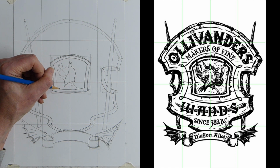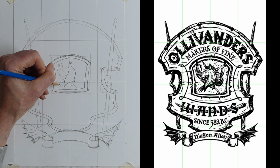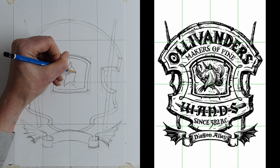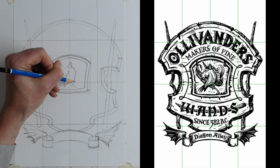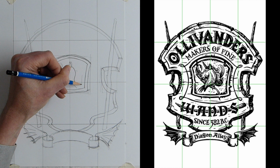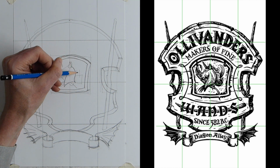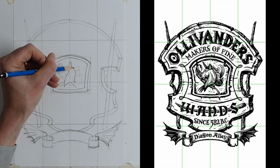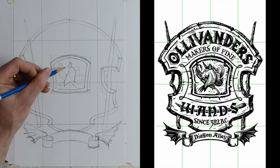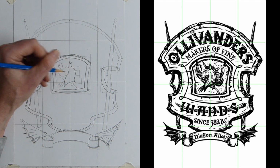Then there's some extra, I'm not sure, some other kind of feather, might be a raven's feather or something, and we've got 3 on the back. But you've got the mane of the unicorn that comes out, so I'm just going to draw a box there and a rectangle halfway up, and then another rectangle at the back. So I've got these little box shapes, and this will help me to guide the lines for the rest of